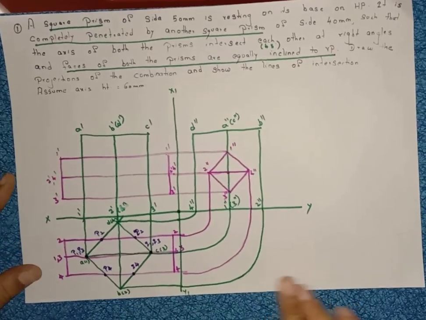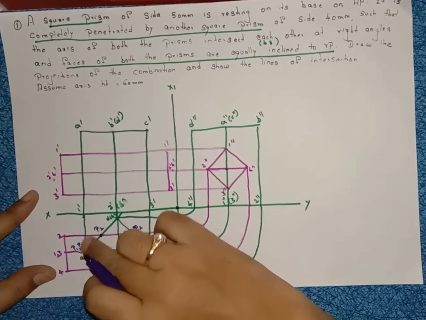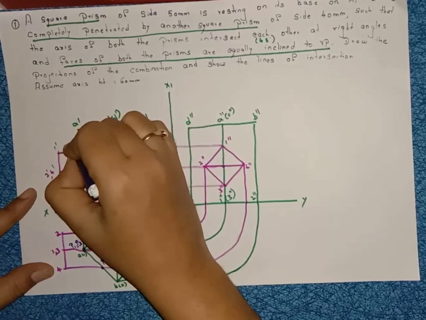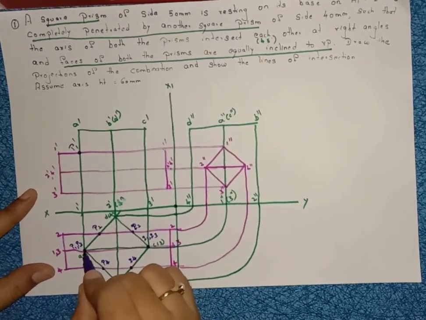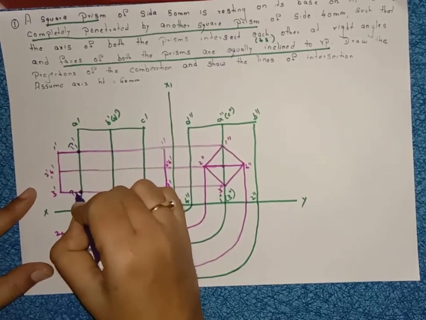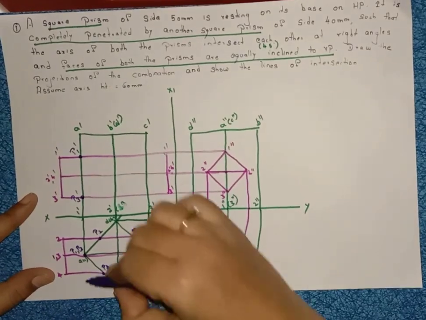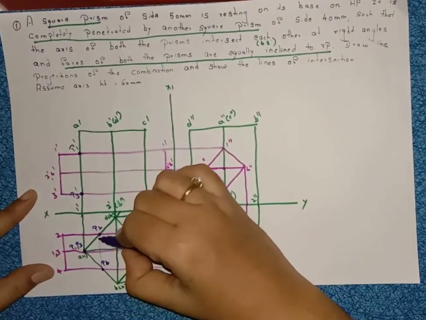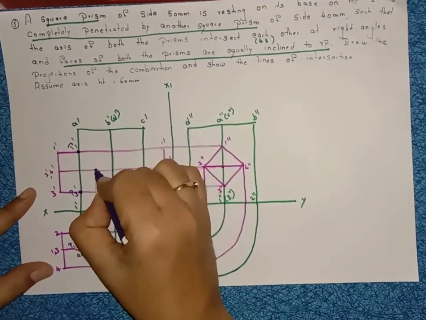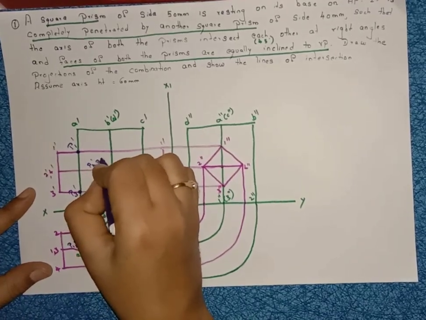After that, see, this is the P1 point. From P1 I am drawing a straight line, so you will get this P1 dash point. Next, the third point: if I draw a straight line, you will get it here only. I am naming it here P3 dash point. 3, 3, 1, 1. If I draw a straight line from P2 to P4, you will get the points 2, 4. Name it here P2 dash comma P4 dash.